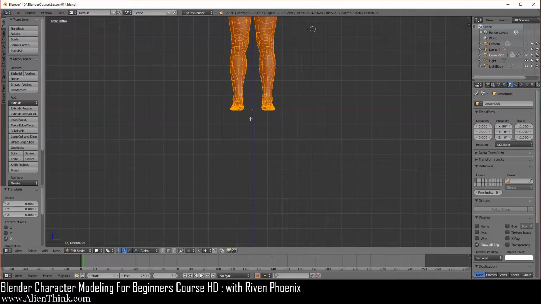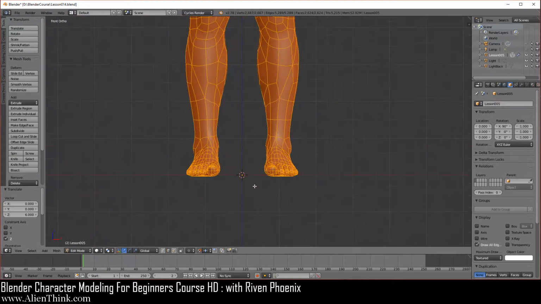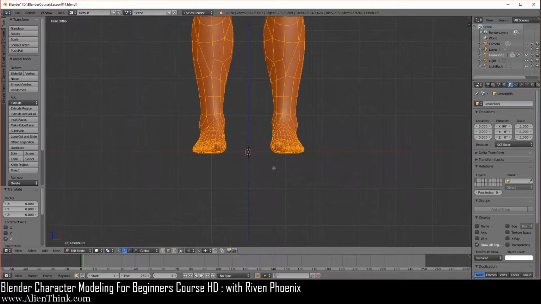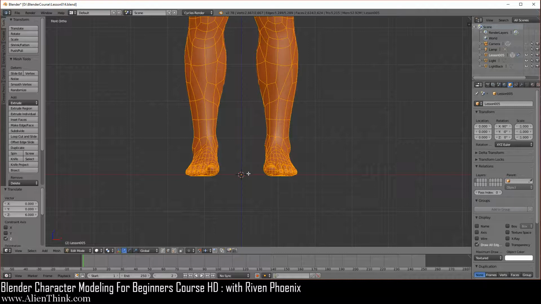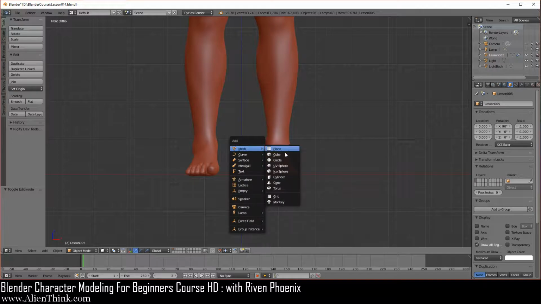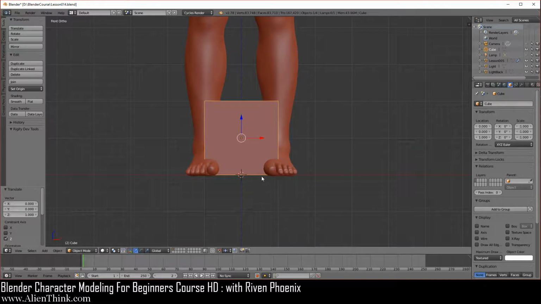Okay, just like this. You're just going to do Shift C over here to make sure that this is over here. Anyways, so now you've got that over there, and make sure that your 3D cursor is here with the Shift key. So now click on the tab, go into object mode. You're going to do Control A, go under meshes. You're going to add a cube over here. Then click on the blue arrow and make sure that the bottom of the cube is on the red line.